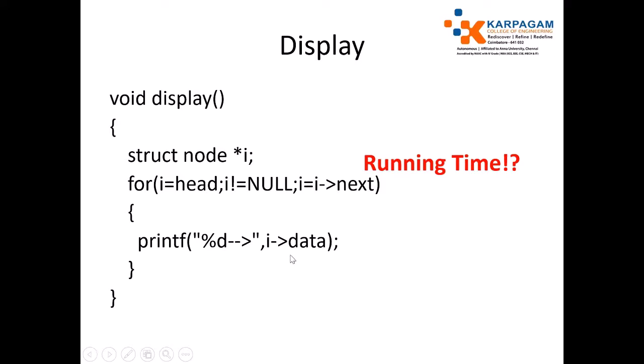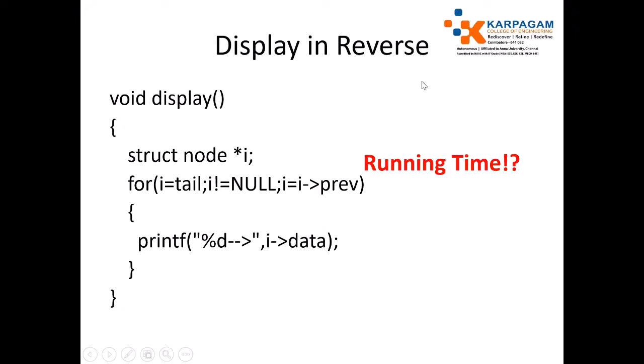But the advantage of a double linked list is that we can move backward. Here you display the data by moving forward, and also we can display the data in reverse order. For example, if you supply the values 1, 2, 3, 4, 5, the data is also printed in reverse order 5, 4, 3, 2, 1. For this, I start with the tail node. Tail node means the last node, and I need to make use of the previous pointer to move backward.